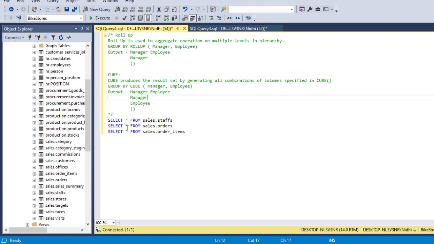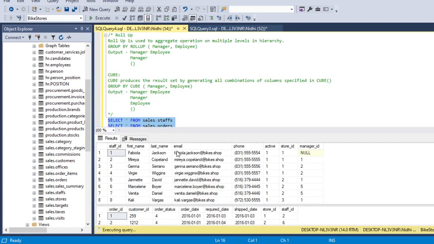So today we are going to use these three tables. Let's see the data of these three tables first. We have the staff table, where we have the information related to staff, which is staff ID, first name and last name, which will be our employee, then email, phone number, active, store ID, and then manager ID.